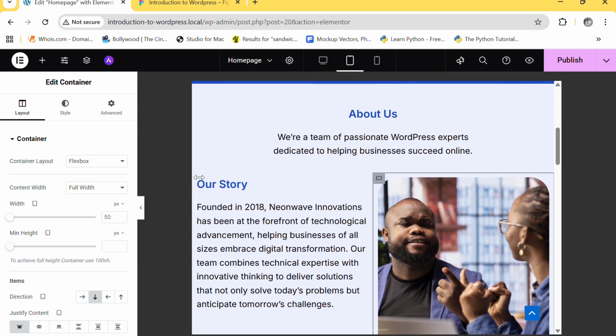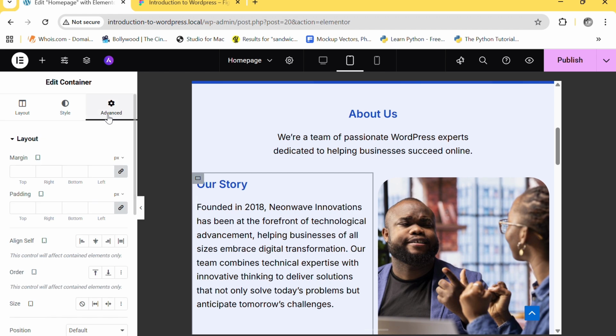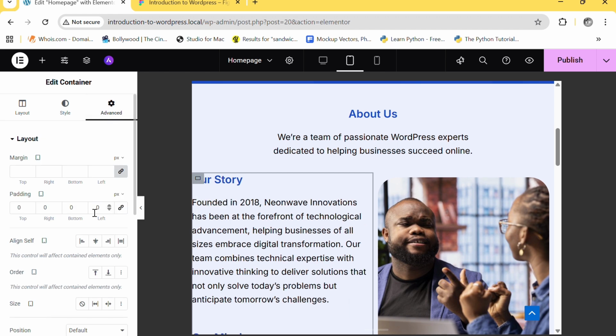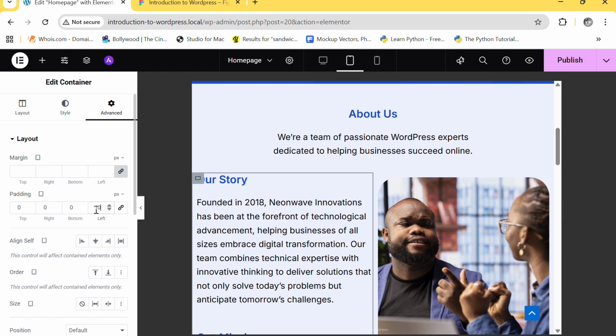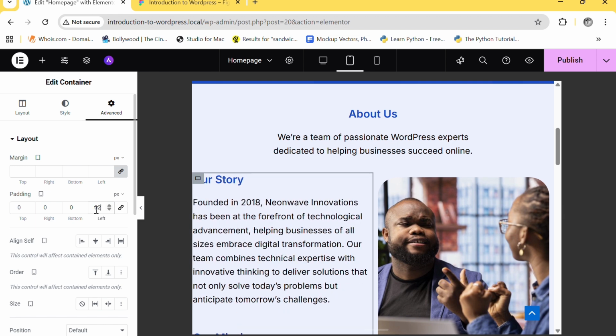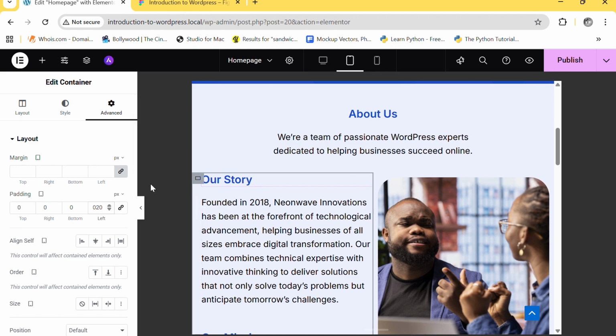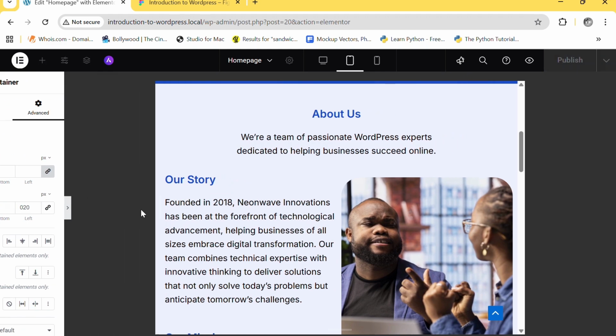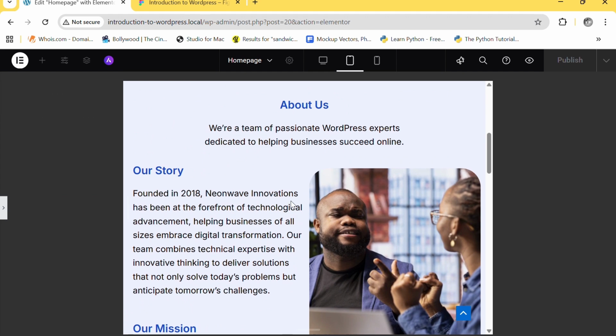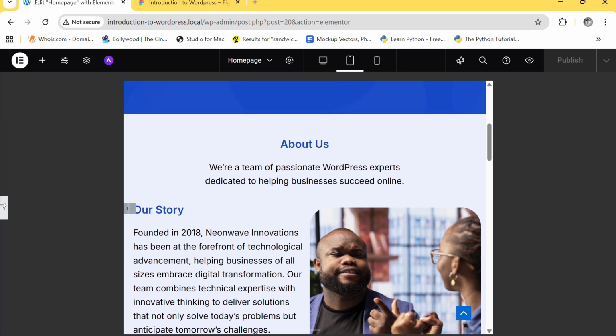So in our tablet mode, I'll add this section. I'll select this container, then I'll add padding to it. I'll make it 10, or let's say 20. This is 1 or 2, sorry. I'll make it 20. If you preview it, you can see it has a nice look and feel, but